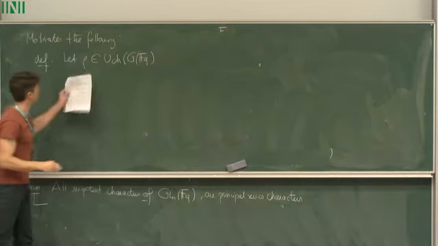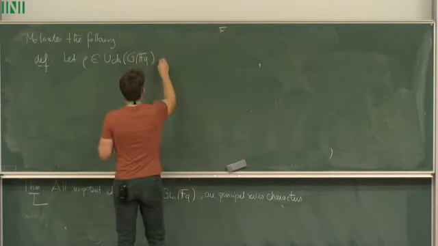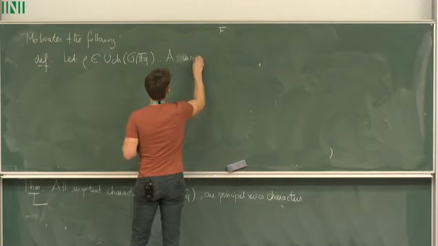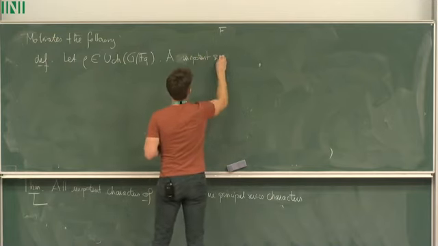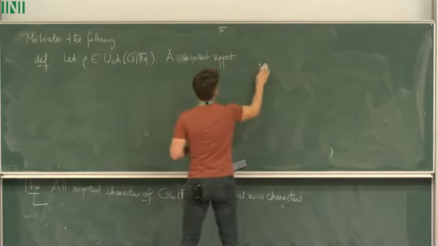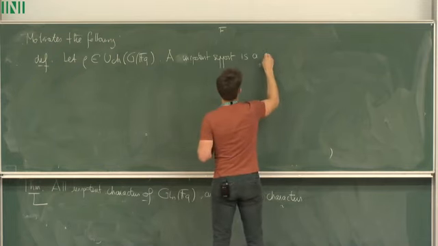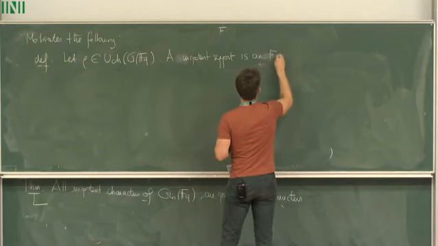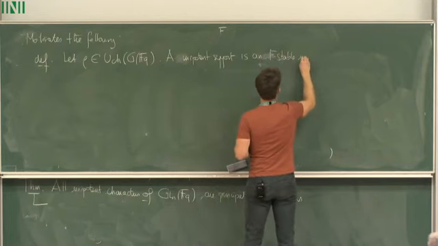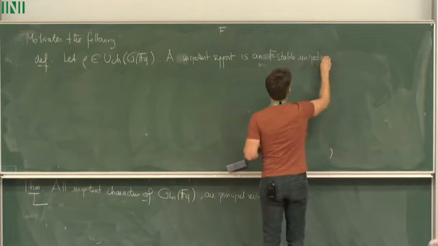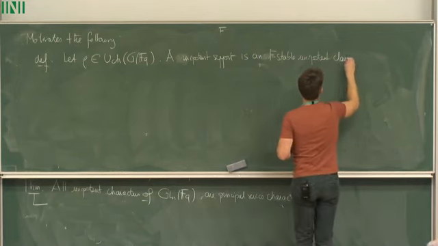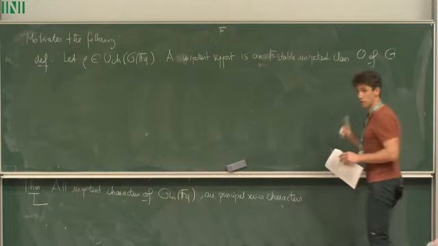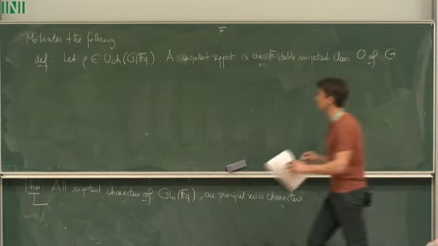So starting from a unipotent character, I will call a unipotent support a conjugacy class, a unipotent class. It's an F stable, sorry, unipotent class O of G, the algebraic group, that's important, such that